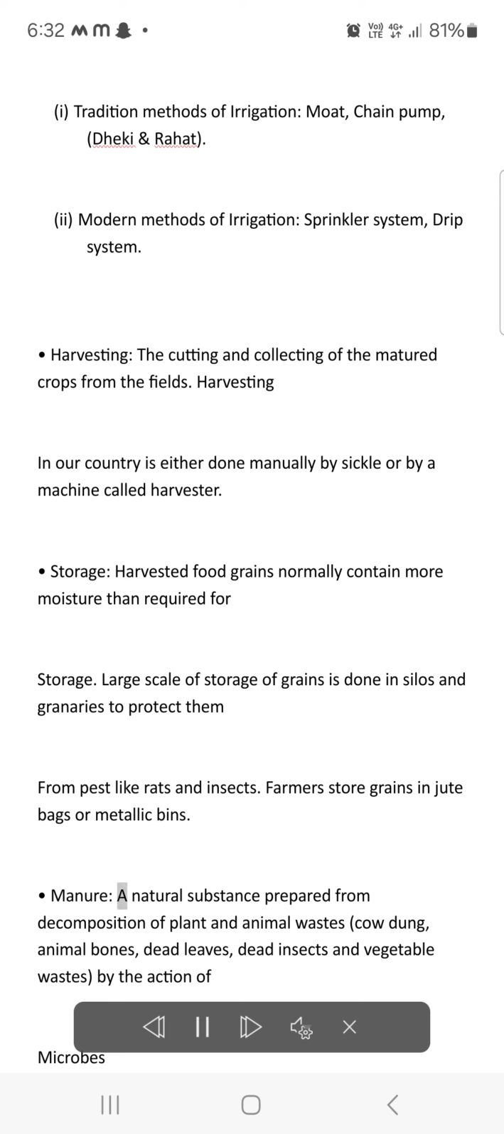Manure: a natural substance prepared from decomposition of plant and animal wastes, cow dung, animal bones, dead leaves, dead insects and vegetable wastes, by the action of